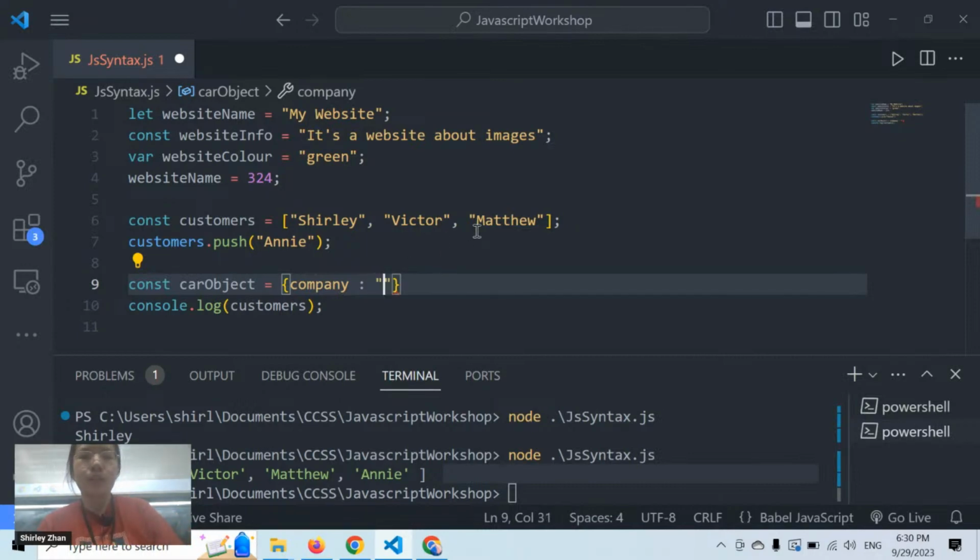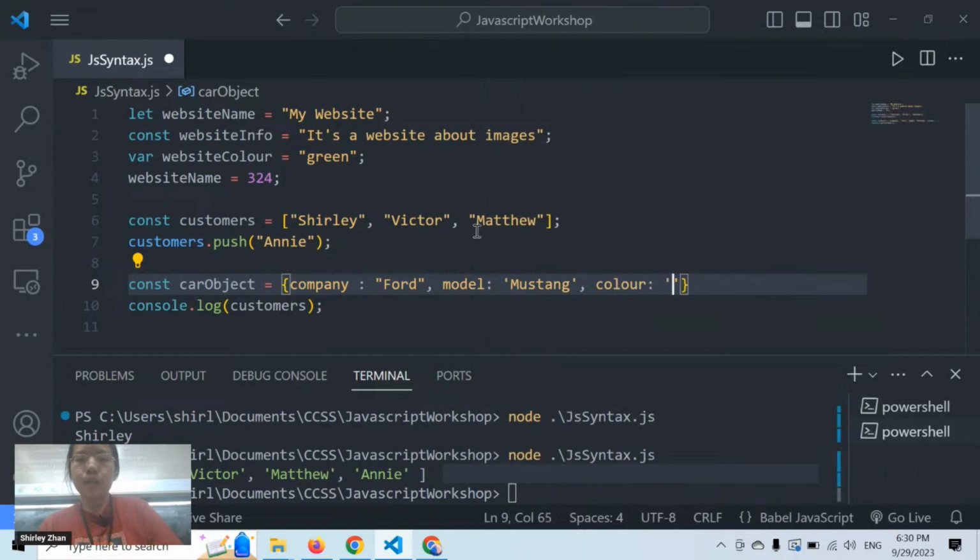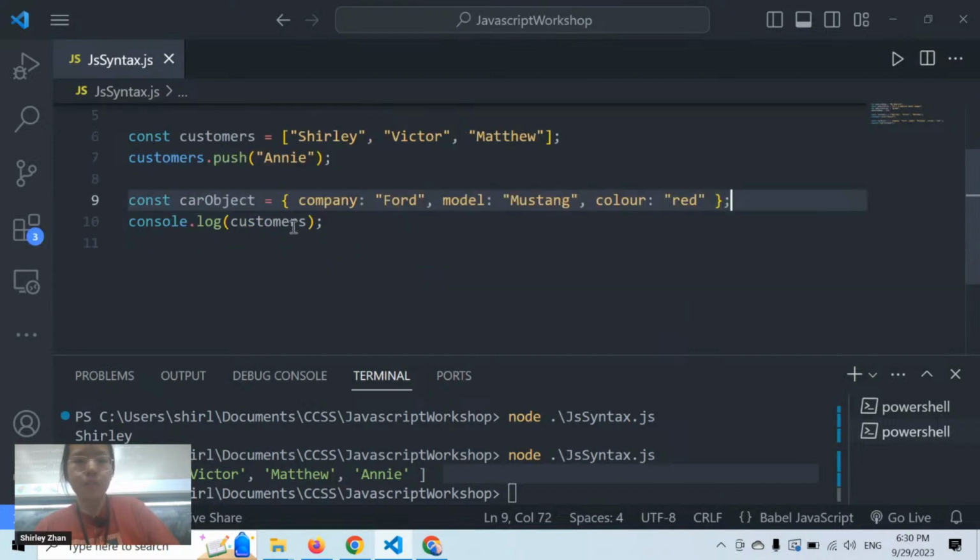So in this case, we could say Ford. And then we could also have another property called model. In this case, we could say Mustang. And then we can have a third property, and this time we can call it color, and then we can say it's red. So after you do this, you would have your first object, and if you were to print it to the screen right now,